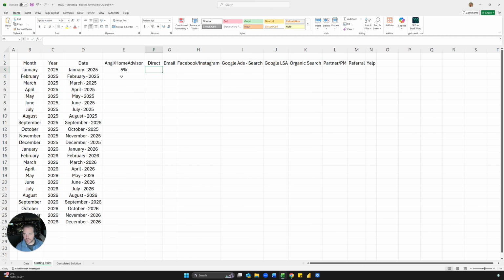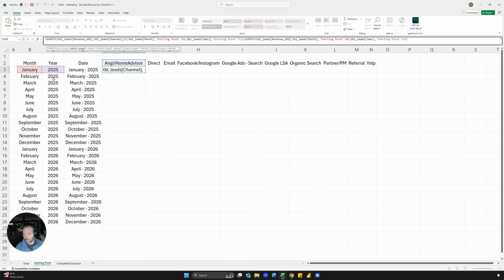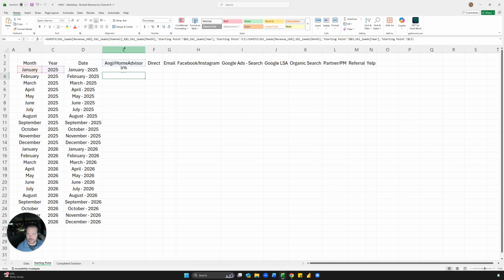And the way we do that is by locking the cells. And what I mean is wherever you want to lock the column, meaning as you drag it over, you don't want things to change. You just have to put a $ sign before the column, which is the letter, because letters are the columns in Excel and numbers are the rows. And so do that there, and here. And then for the row, we want to do the $ sign in between. So before the row, after the column. So $2. And then now you're still going to see the error, but the reasoning is because now the table